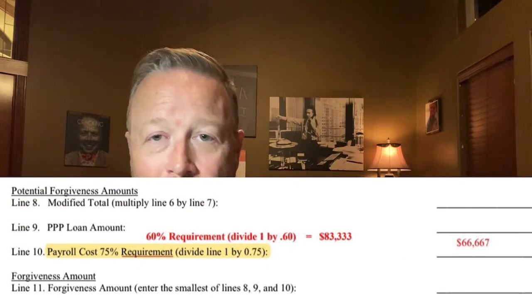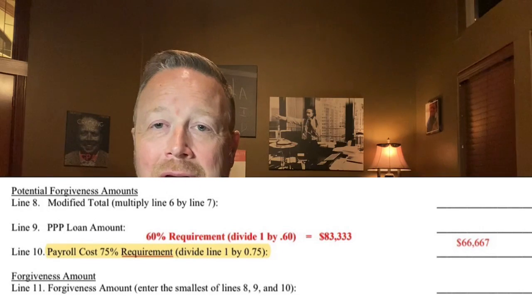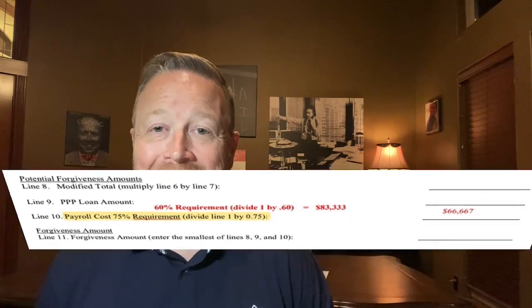There is nowhere going to be now a change that indicates that if you didn't meet the 60%, okay, you don't get any loan forgiveness, right? It's always been the case here. So let me just run it. You take that payroll cost, and if it's 0 on line 1, guess what? You're not going to have any loan forgiveness because you're going to have a big fat 0 on line 10,